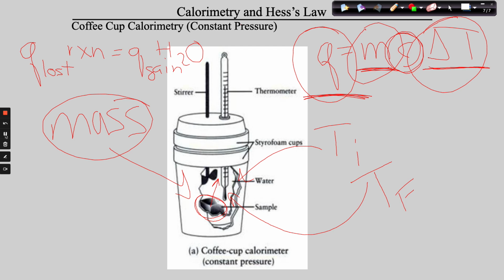Now, with that said, we understand our sample, but we also understand that we've got an insulated container that is a barrier that limits our understanding of the universe down to the surroundings that are inside the cup. Those include a thermometer, a stirrer, and water. Again, on the AP test, we will disregard the stirrer and the thermometer, and that leaves us with water. And when we're left with water,